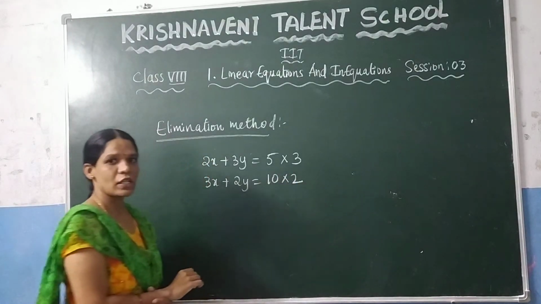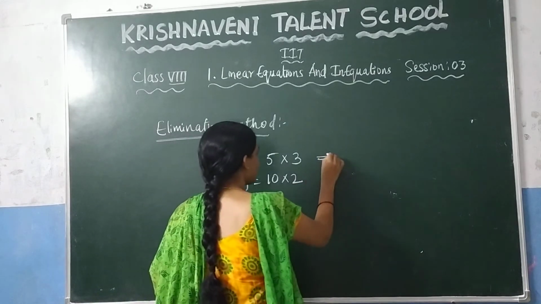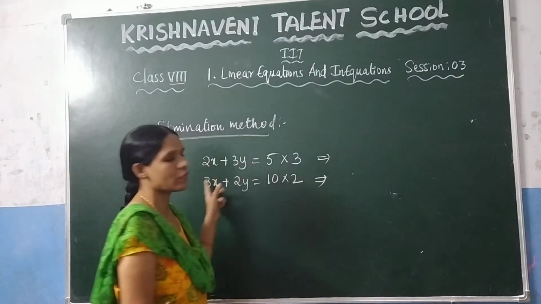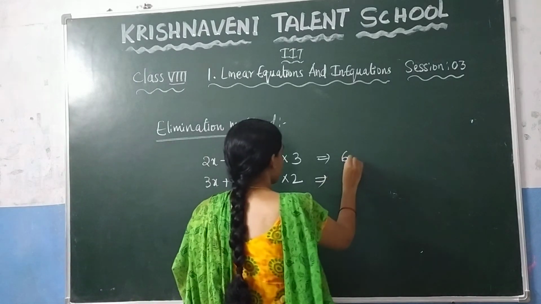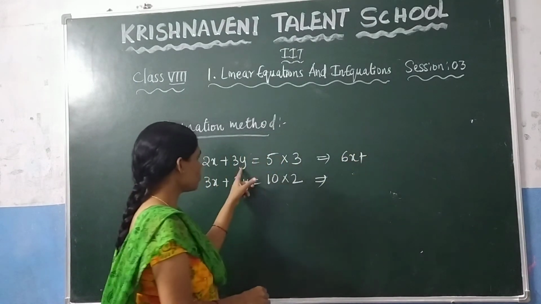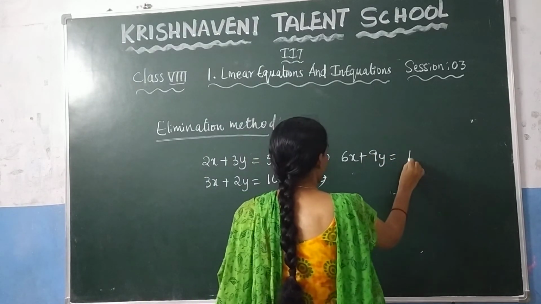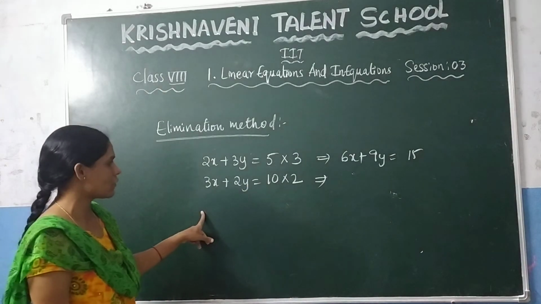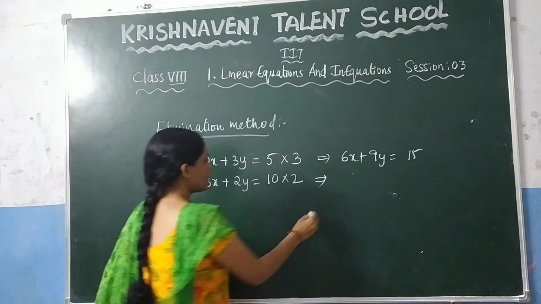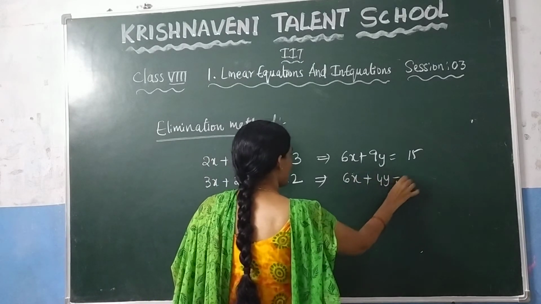Just reverse, so that you can make the coefficient of x the same. If you are multiplying this whole equation with 3, what do you get? 3 into 2x, which is 6x, plus 3 into 3y, which is 9y, and here 3 into 5, which is 15. Now similarly multiply 2 throughout this equation. What do you get? 2 into 3x, which is 6x, plus 2 into 2, which is 4y, is equal to